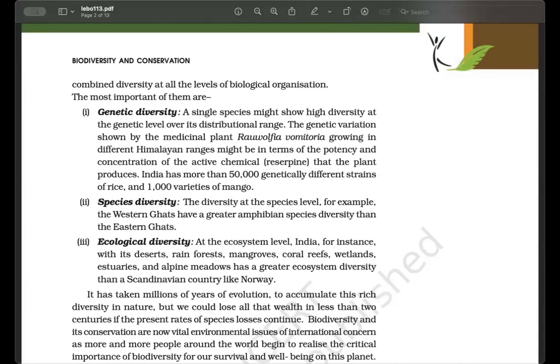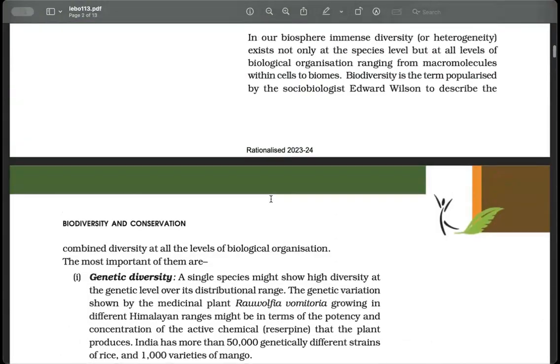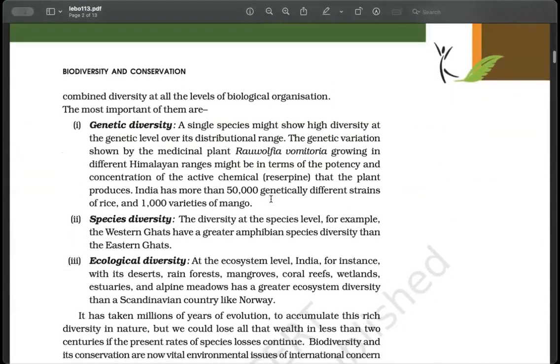Because I really want this class to be more discussive due to two reasons. One, so that I don't have to speak all of it. And second, so that whatever we are studying, I'm sure that it makes sense to you. You understand. Okay, so I'll just quickly revise this part.